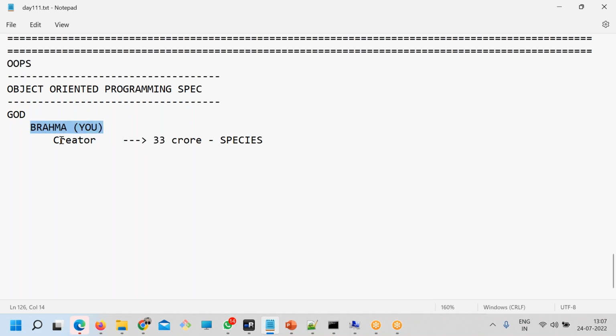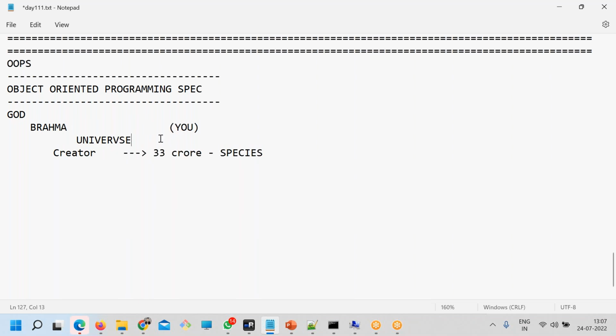For each universe there is one Brahma, and for each universe there is one Vishnu, who is a caretaker. Let's talk about Brahma only. Let's say you are the Brahma, but not for this universe. Brahma is the creator for the universe, but you are the Brahma for this software, because you are the god of the software. You are creating it, you are developing the software.